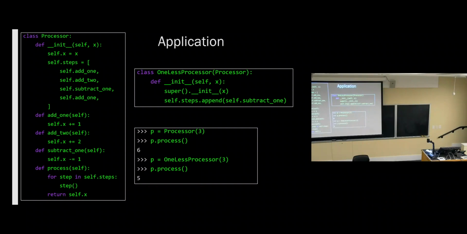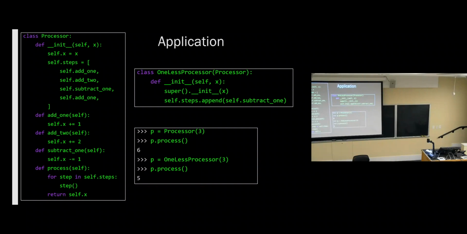So this is a really nice pattern if you can represent some process as a series of steps, and those steps all take the same arguments, or even if they don't. It's really nice for specializing processes. And so the way I saw this over the summer was these processors were actually tree visitors, and each tree visitor had certain things that it was supposed to do to each node. And then there were special versions of that tree visitor for certain special kinds of trees that needed to do extra steps. And so those steps would just get appended to the list. But the interface for dealing with the visitor was exactly the same. It was always just this visit method, this process method. I mean, that never had to change.